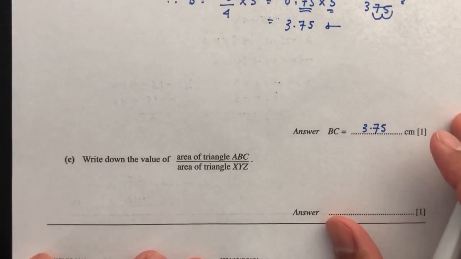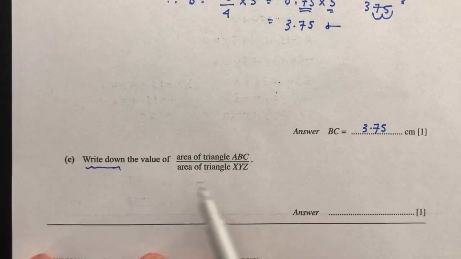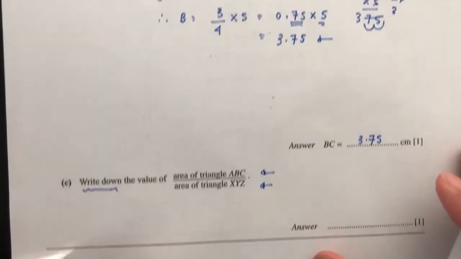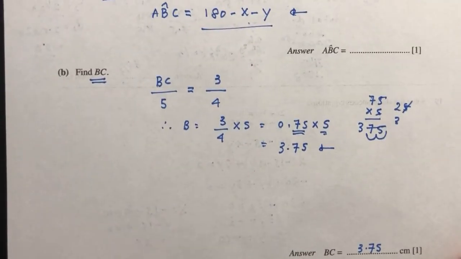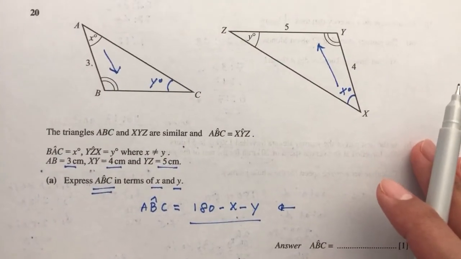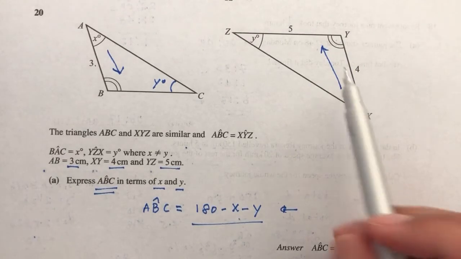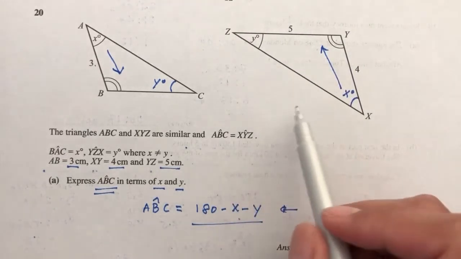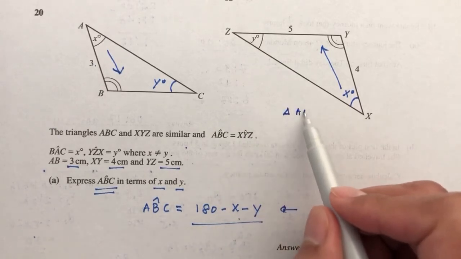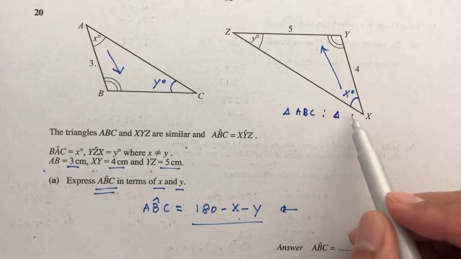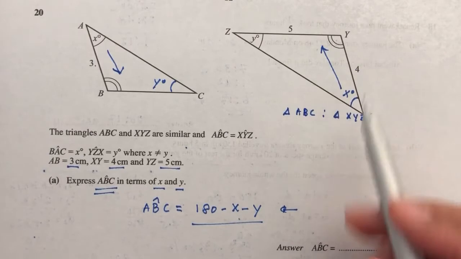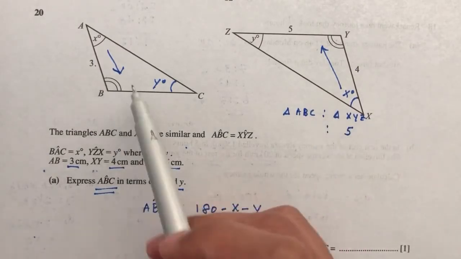So now moving on to part C. Write down the value of triangle ABC over triangle XYZ. So the ratio of these two triangles. This one is pretty easy. We can just use the sides to compare. Let's find a corresponding side. The side opposite x for this one is 5. So triangle ABC compared with triangle XYZ. The side corresponding to x is 5. The side corresponding to x will be